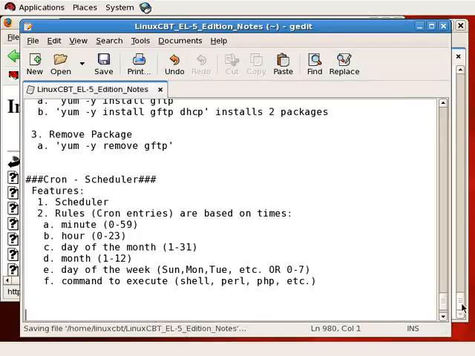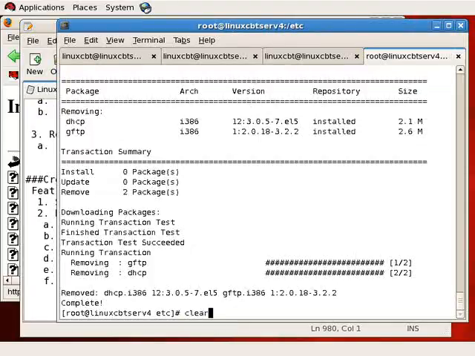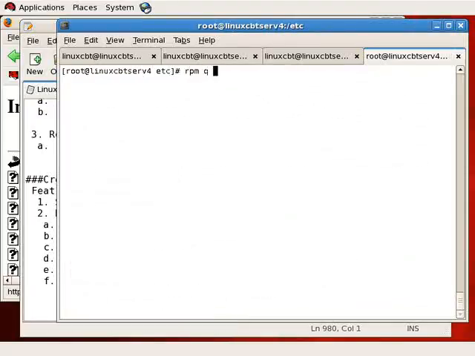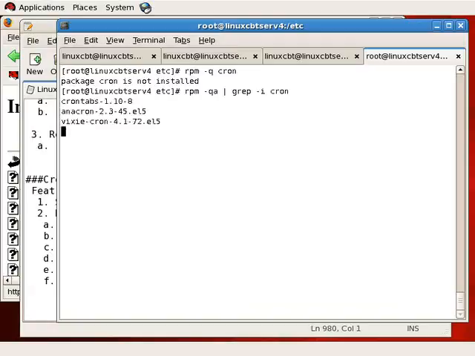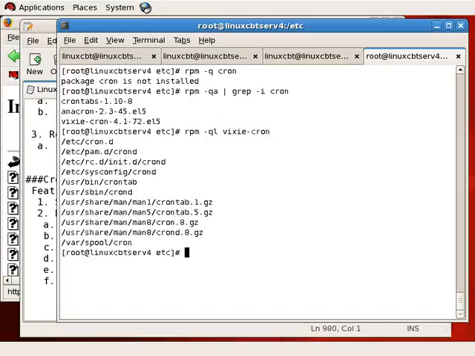Now let's take a look from the shell at how Cron is implemented. An rpm query for cron reveals that it's not installed. Query all, grep -i cron, reveals that it's indeed installed, but instead of as cron, it's called vixie-cron. An rpm query list of vixie-cron is actually split out into multiple packages, vixie-cron and crontabs, but vixie-cron reveals